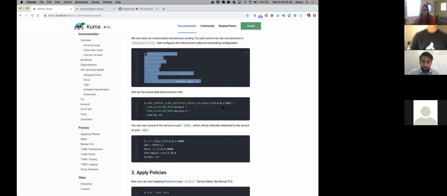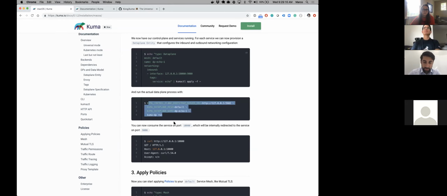Starting the data plane is as easy as running the Kuma DP executable, which under the hood will start Envoy. If we start this command, we expect a few properties, like where the control plane is located. We need to specify this so that the data plane can retrieve the bootstrap configuration from the control plane, as well as what mesh it belongs to and the name of the data plane we're trying to start. This information has to match whatever we have defined in the data plane type up here. So if I do this,